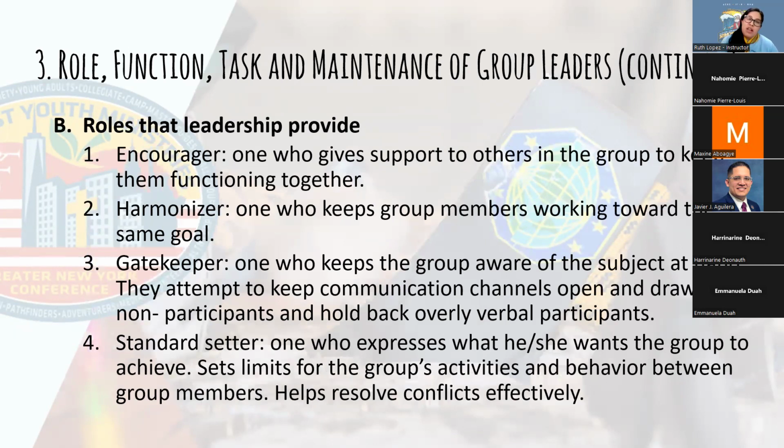We have roles that leadership provide. As a leader, it's on you to assign this, right? First of all, we have that encourager. This is going to be the one who gives support to others in the group to keep them functioning together. So you will appoint this person for a meeting. You can say, please,